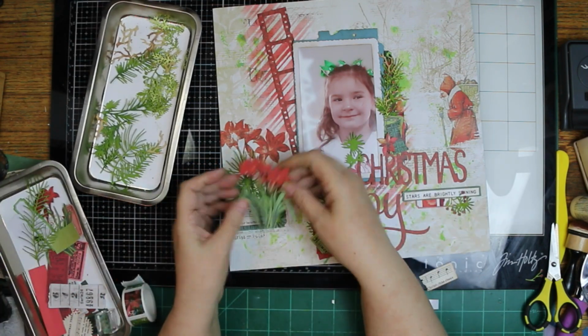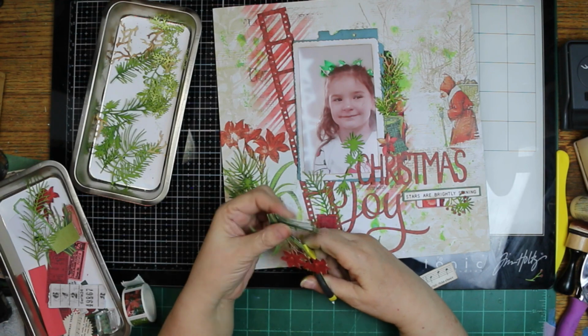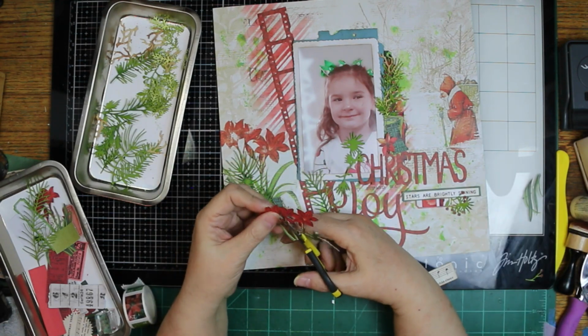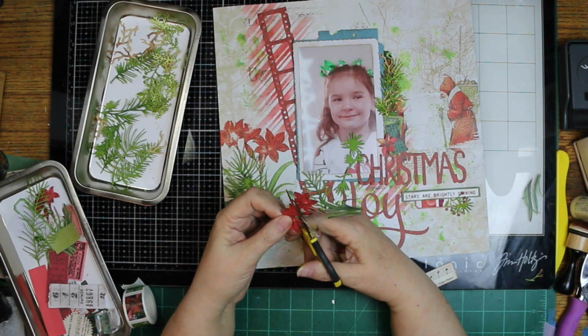Let's see, where am I at? I am still putting greenery on there. So while I am putting greenery on my layout, and probably a few berries too,